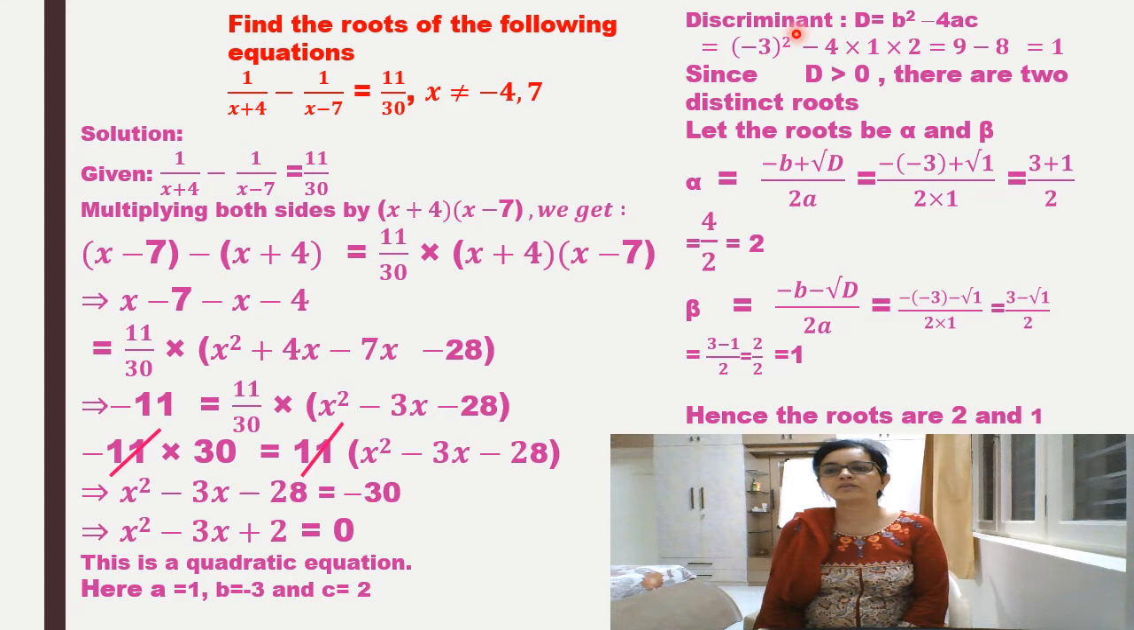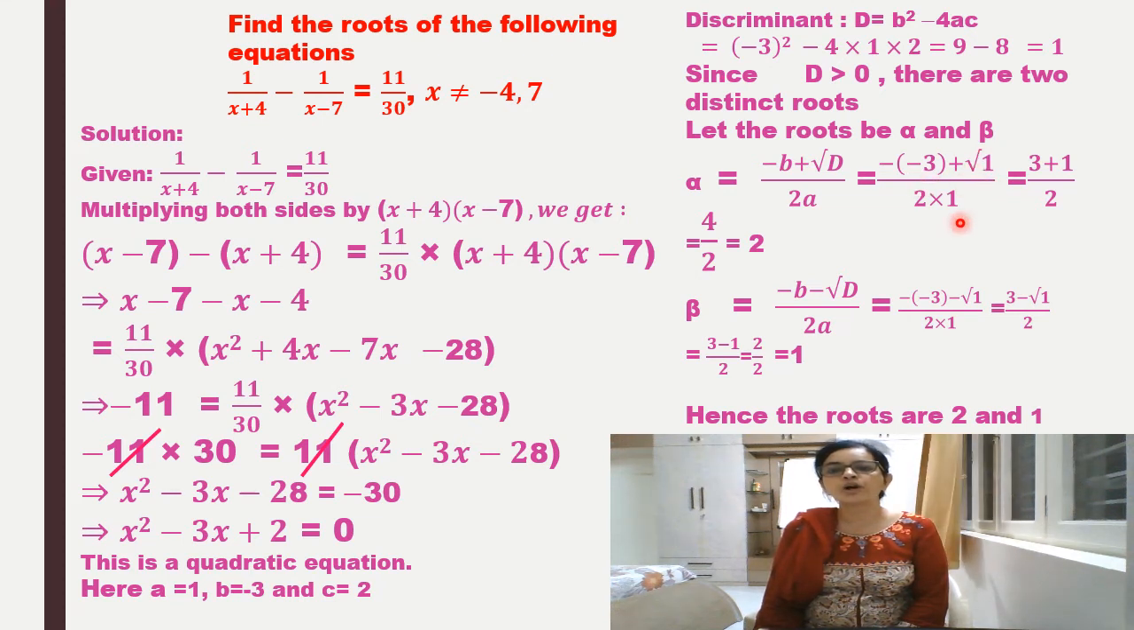9 minus 8 is equal to 1. Here you can see that the discriminant is greater than 0, hence there are two distinct roots. Now let the first root be alpha, and what will be the formula that you are going to use? It will be minus b plus square root of discriminant d. And what is the value of d over here? It is 1. So we are going to get minus 3 plus root 1 upon 2 into 1, where 1